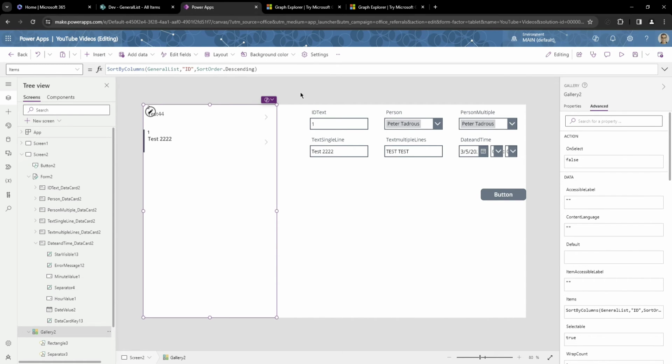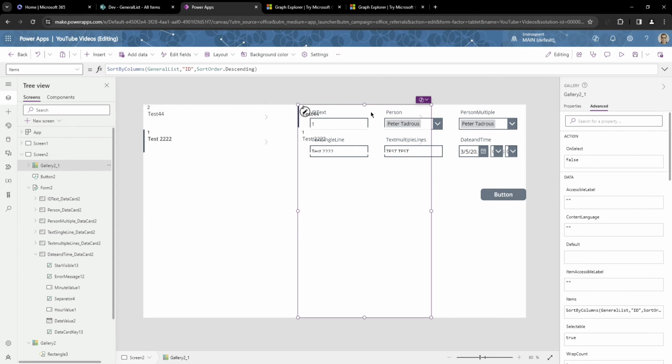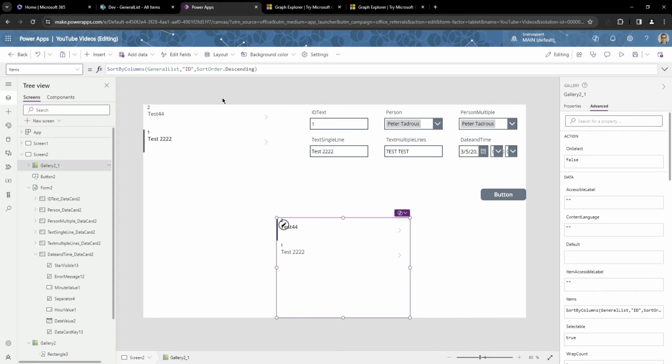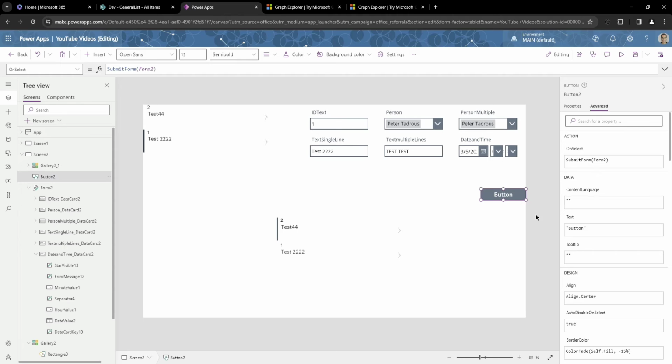So I'll just copy this gallery and minimize it here, and I will go and let's see. All right, let's get another button here, just so we can grab the graph API first. So on here, we can actually,